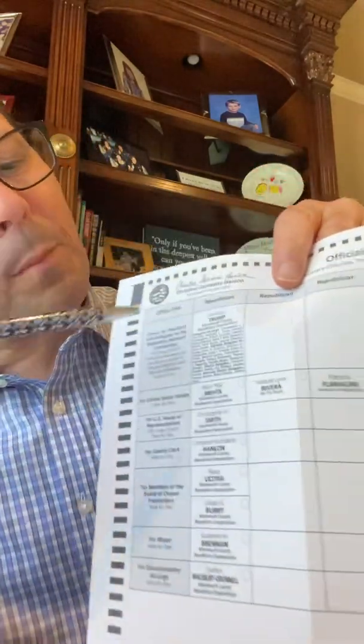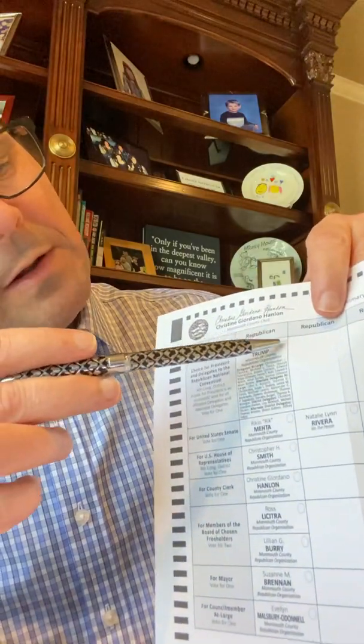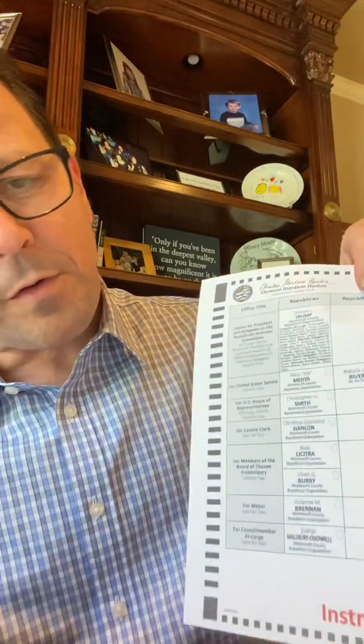So each of our ballots has at the very top, as you can see, that this is the official Republican mail-in ballot. And each voter in your household would have received one of these. Any registered Republican voter would have gotten it. It is personalized to them. You're going to simply fill out this ballot much in the way that you would push the buttons in the machine if you were voting in person. And you will take your pen or pencil and literally fill in the circles next to those individuals who